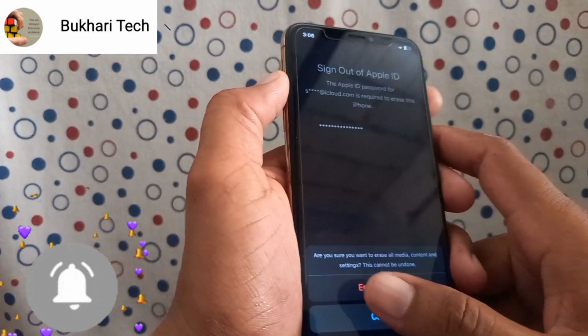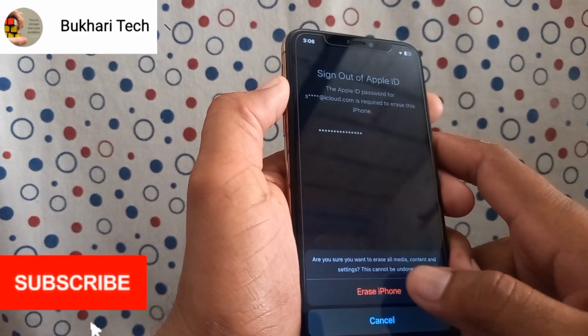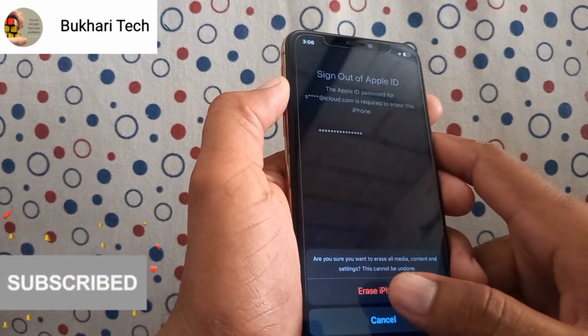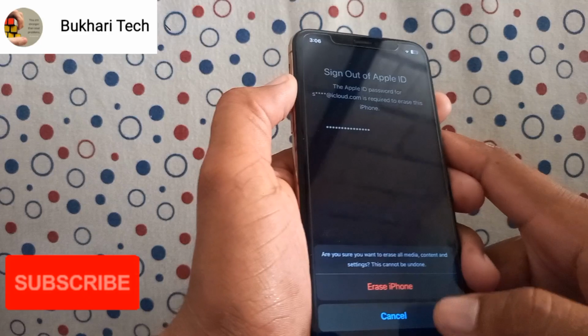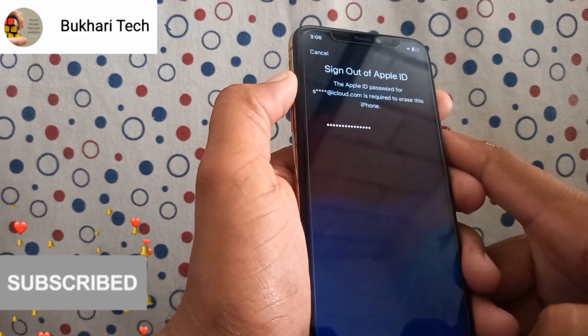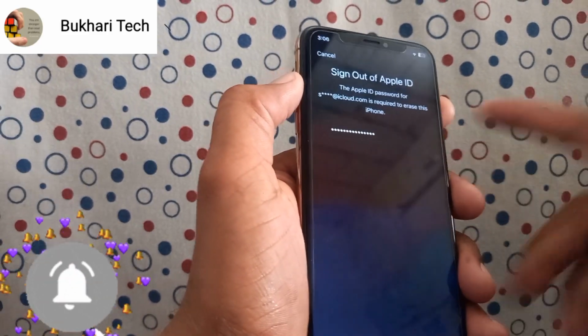So friends, are you sure you want to erase all media, content and settings? This cannot be undone. Erase iPhone. So tap on Erase iPhone. Wait a few seconds.